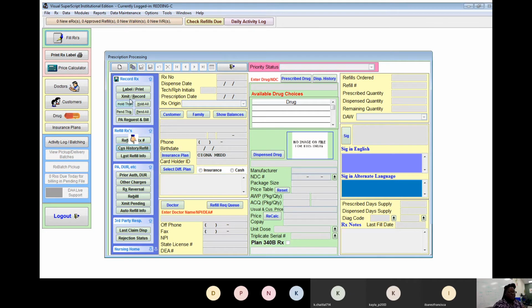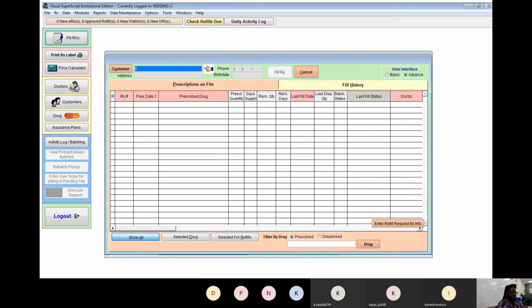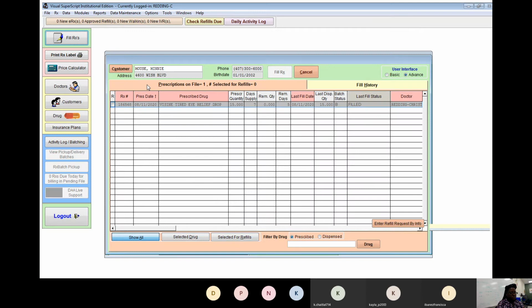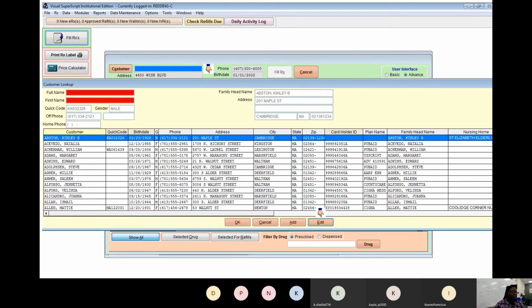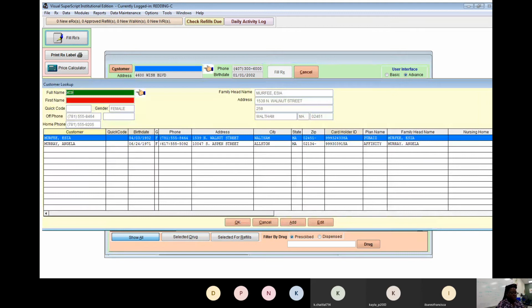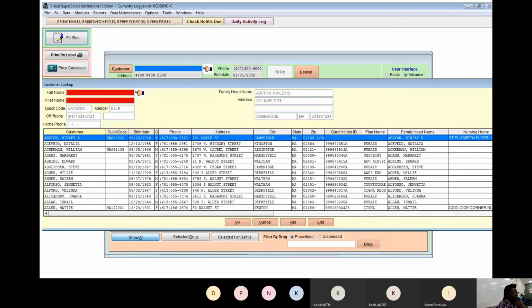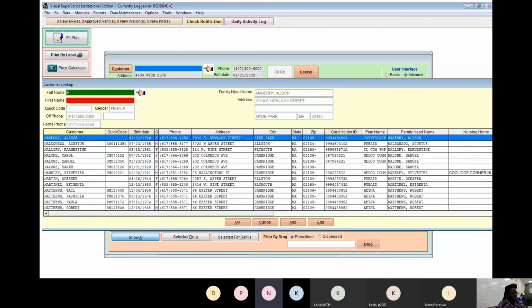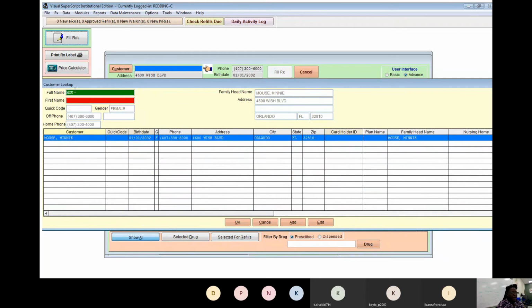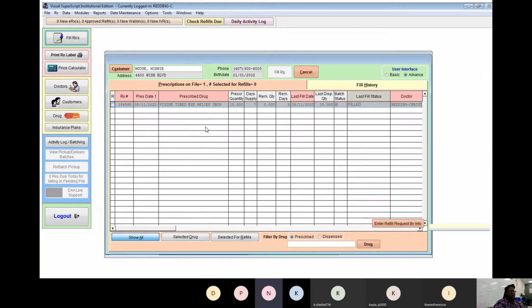So yesterday I filled a medicine. Was it for Mouse? I think so. Let's check. No, was it for Murphy? Who was my patient yesterday? Hmm. Wasn't it Mickey? Minnie. Okay, so